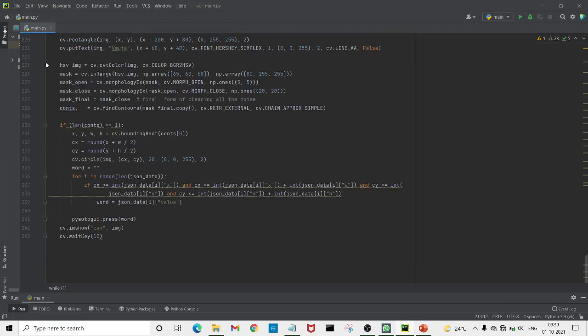So after this, HSV image. HSV stands for hue, saturation and value color space. Here we can consider two concepts, the first is erosion, where we will erode the edges. We have given 5 into 5 pixels, so if all the pixels are white, then we get white, otherwise we get black. This may help to eliminate some white noise.